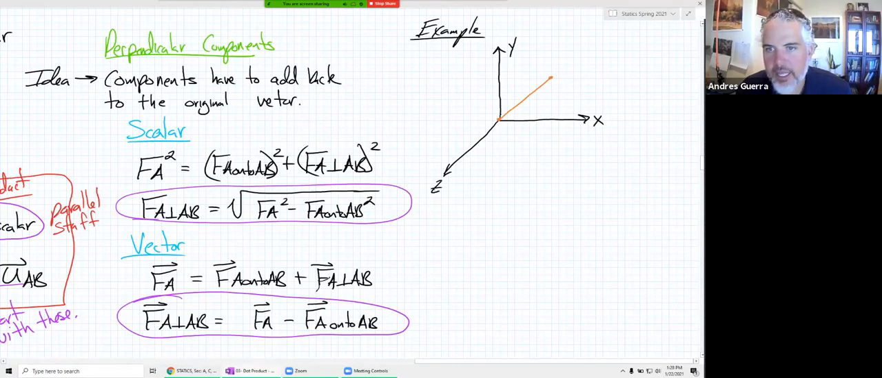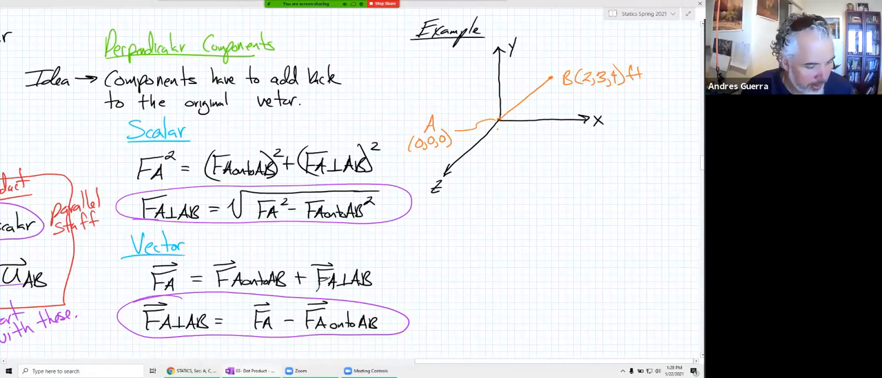And we had said that, point A, and leave some room back here. We had said that point A was at 0, 0, 0, and then point B up here, we said that was at 2, 3, and 4 feet. And we had actually gone through in the last class, and we had found that the force vector from A